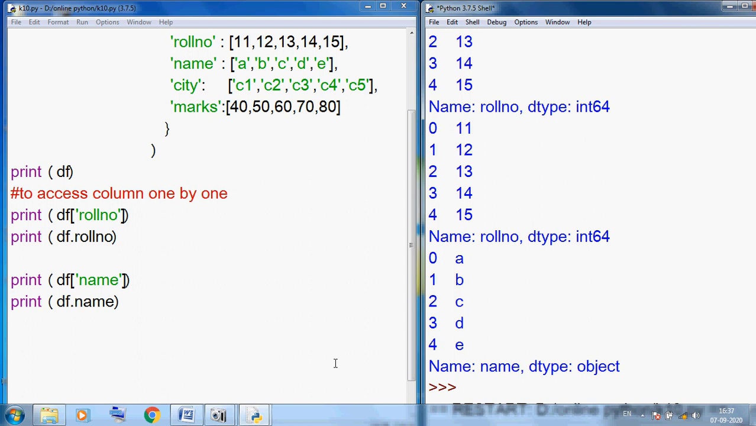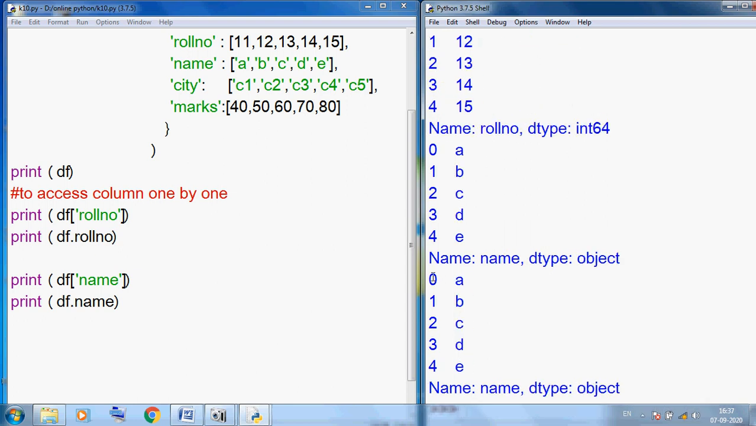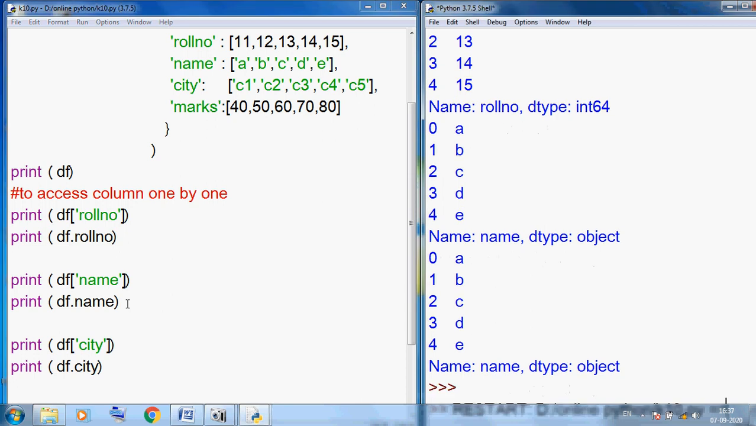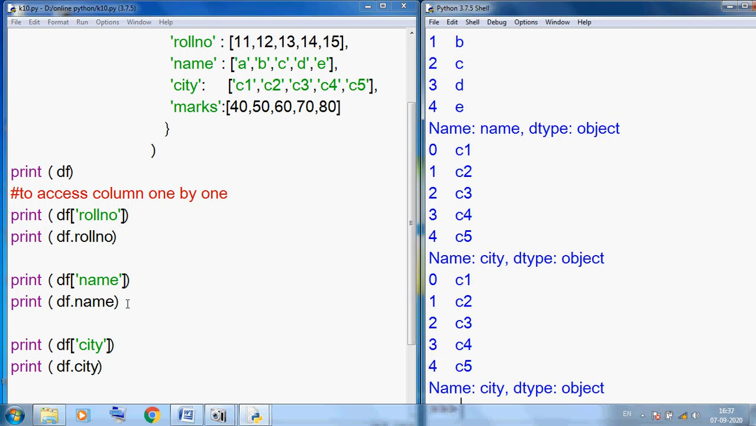So you can see we have another thing, this dot style we can also use. Here I am using print df, our third column I want to display CT. Okay, so I want to display CT column with this style and with this style. Dot style we can access a column, and square bracket in key format we can also use it. So you can see this is our output. And our last column we can display